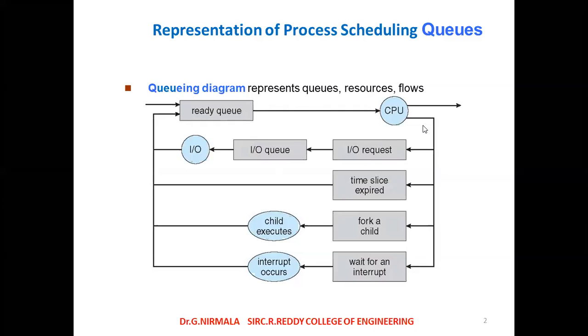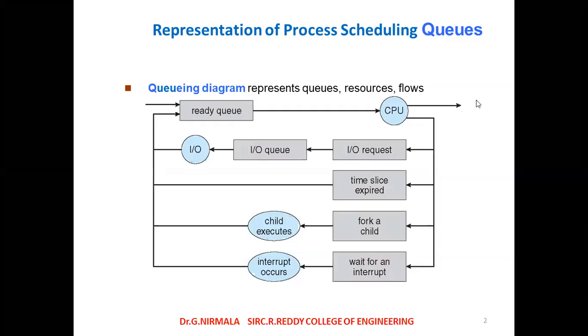The CPU has 4 to 5 conditions, which I will show here. In a normal case, the first process in the ready queue is executed and successfully terminated by the CPU. It will be removed from the process control block and completely terminated from the memory pool. That is the normal termination.